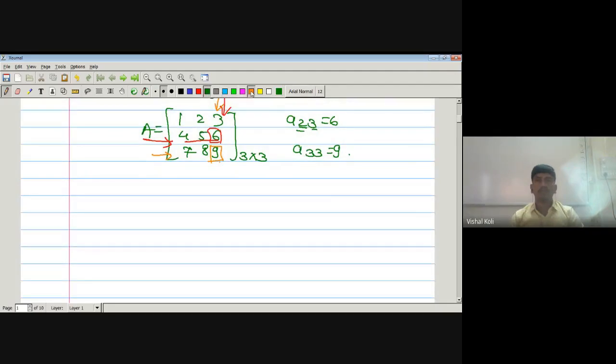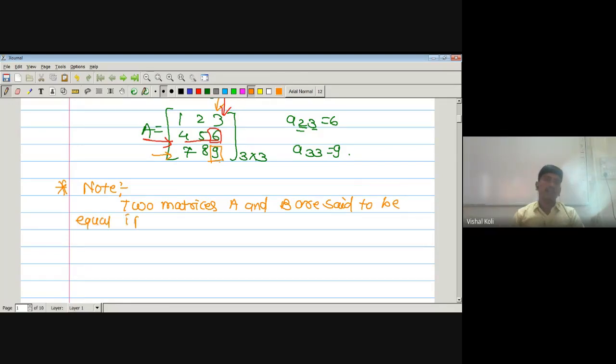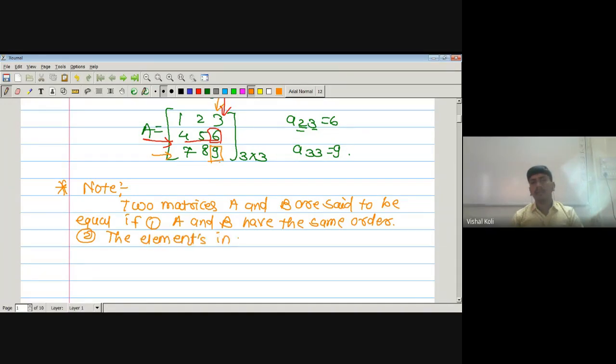Now there is one note. Two matrices A and B are said to be equal if, first, A and B have the same order, and second condition is that the elements in A are the same as, or equal to, the corresponding elements